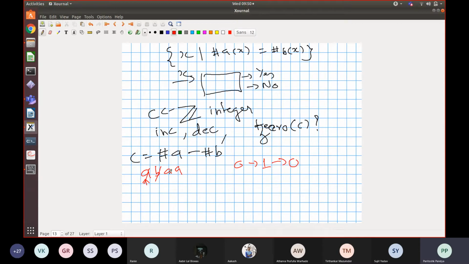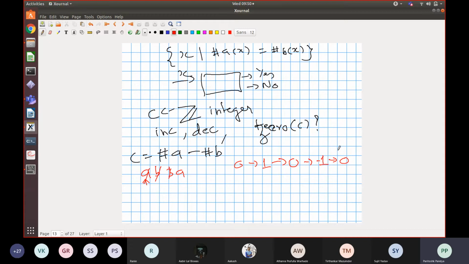Then it's again reading an A. So let me change this to B, A. Sorry, just a better example. Now it reads another B. So it will further decrement the counter and store -1. And then it will read another A. So it will increment the counter and the counter will become 0.